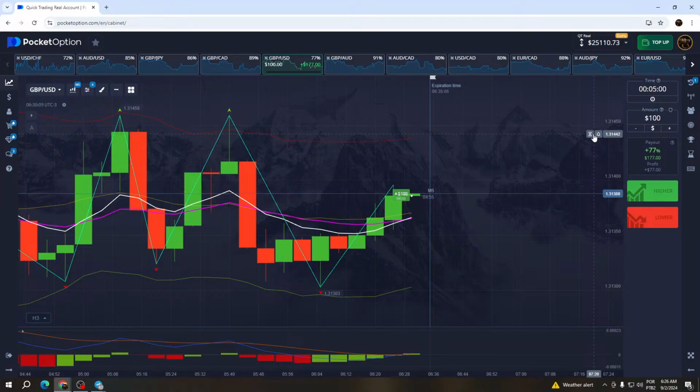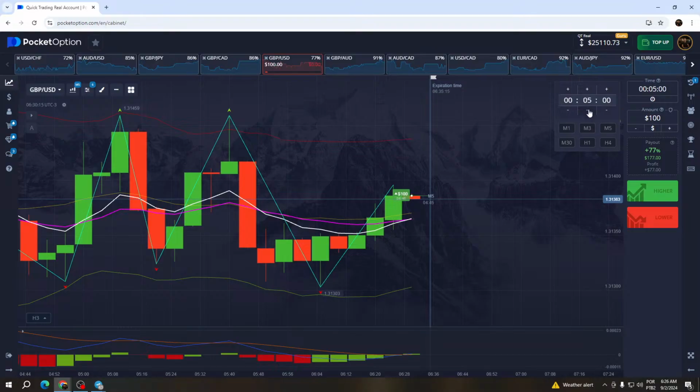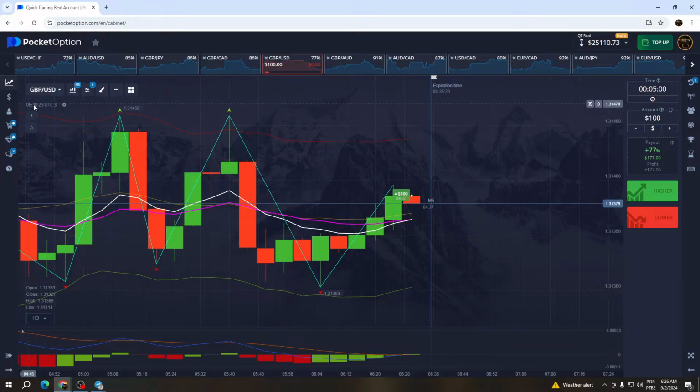For example, Jason, right here. If I configure the clock time as M5, or 5 minutes, all operations that are performed depend on the timer here.